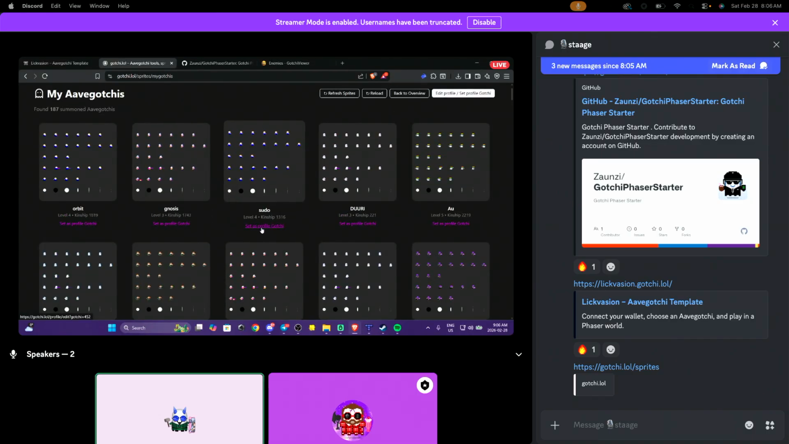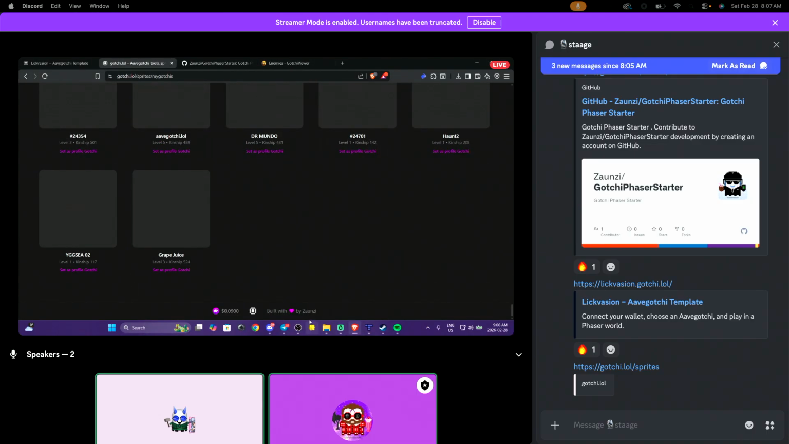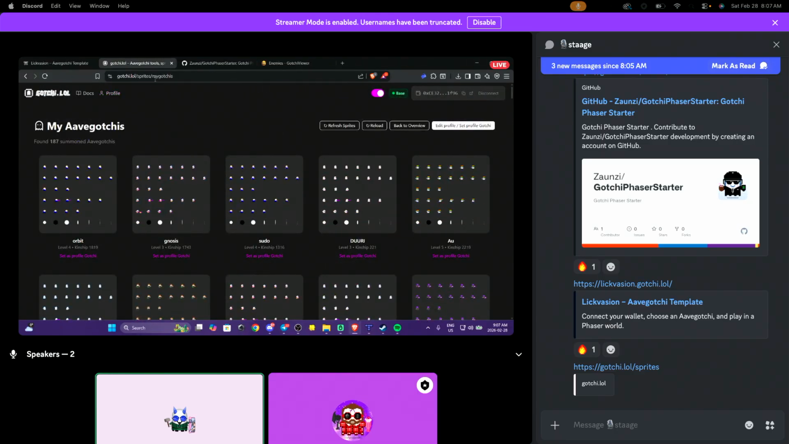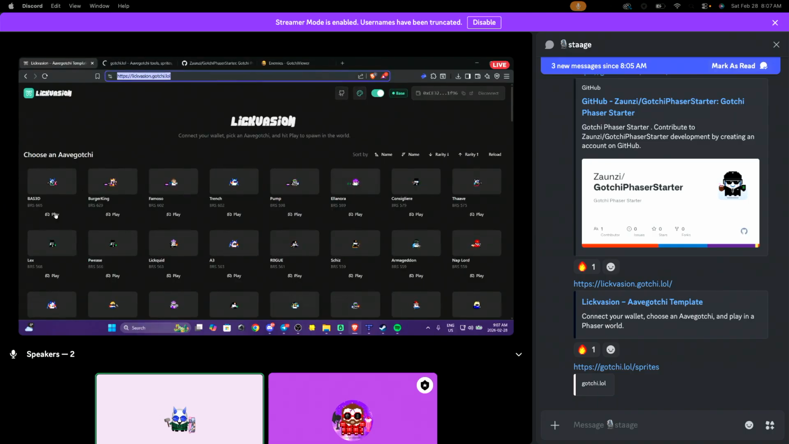You can see there's this button, set as profile gotchi. So I'll just go to my profile. Oh god, it's being slow for some reason because I'm loading all the gotchis. I have like 200 gotchis, so it might be saying, hey, you need to pay for more compute power or something. But anyway,